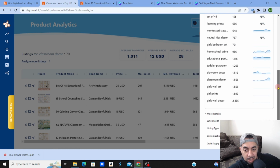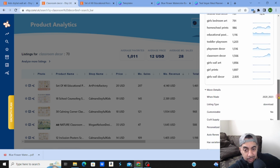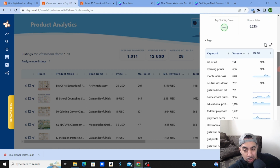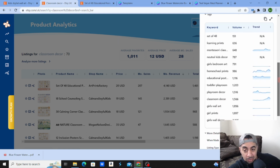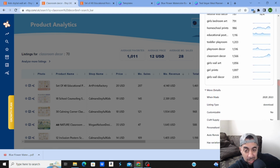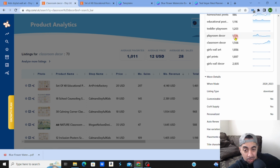Now, look, some of these are maybe not going to be so great. Some of these maybe you might not get a lot of information from. So, for example, you got a few of these that the volume's negligible. You got 151 here. The trend is not applicable. But where you do get some that are, you can see what's going on. You can see that classroom decor is a good one,